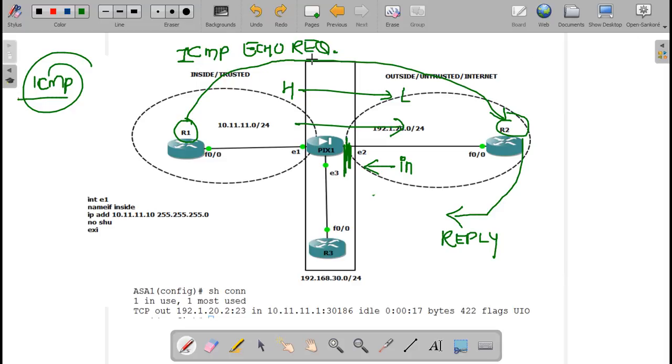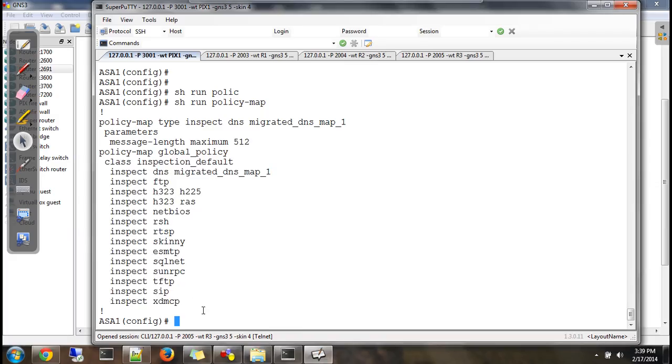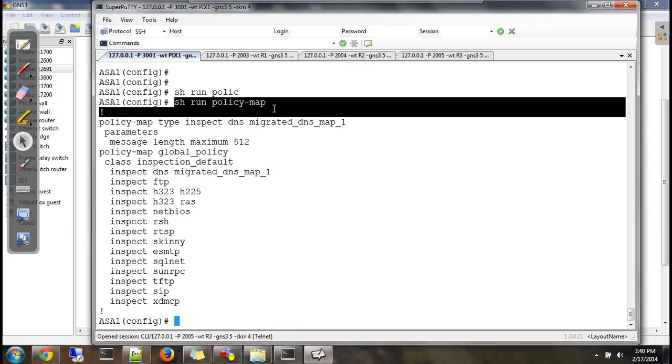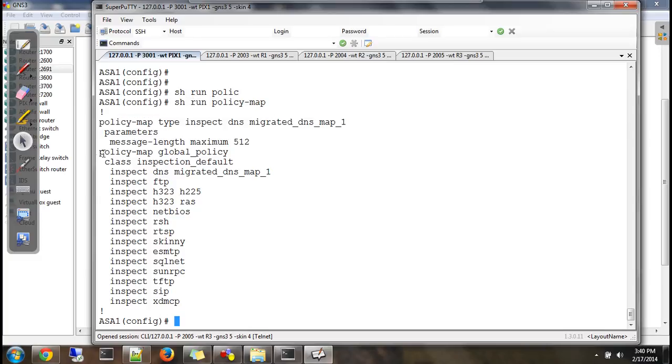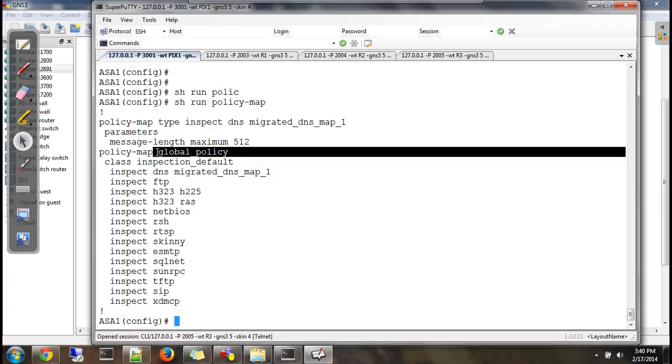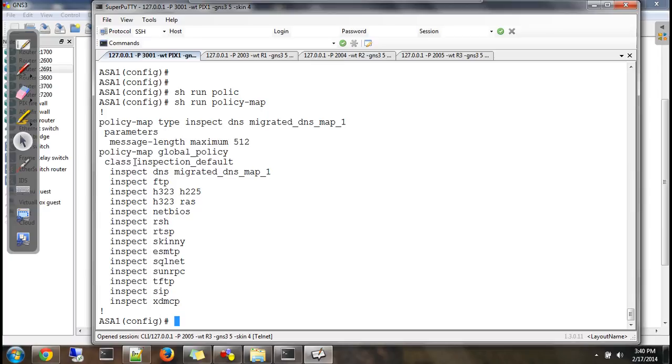So if you want to turn on inspection for ICMP, it is a simple step. Come here, say show running policy. Once you get the output, copy these two top lines. Global policy. What is global policy? This is the default inspection policy on your firewall. And what is the inspection default?